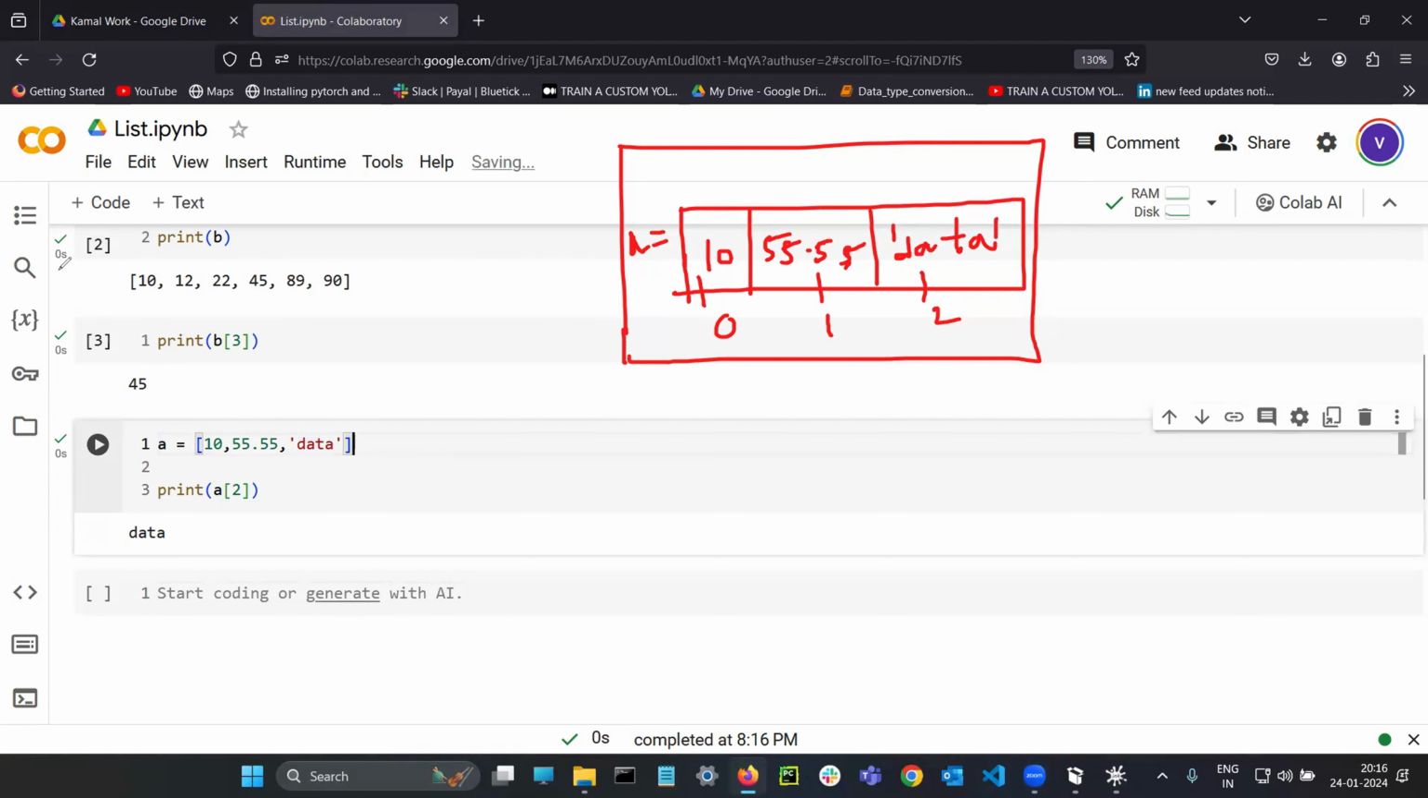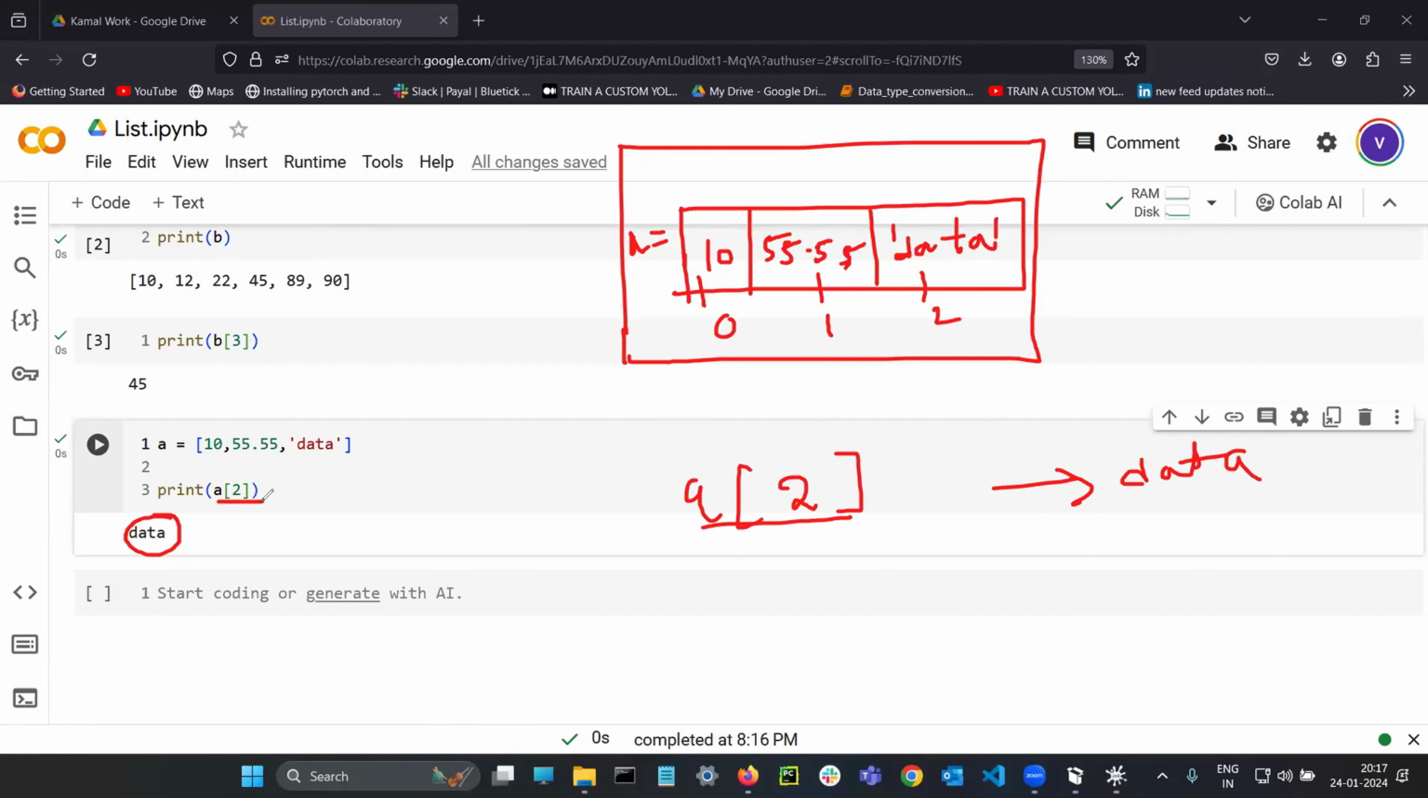Guys, here see, A of 2. A of 2 means data is coming, no? A of 2 means data. So see, if you are writing A of 2, the output is coming like data. So now you can give for the data 0th index, first index, second index. See, in a simple way, if I want to say,